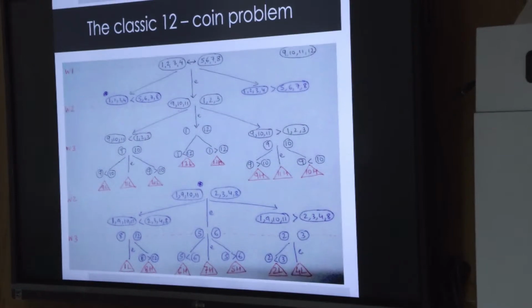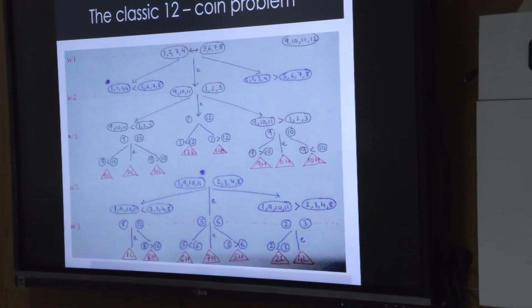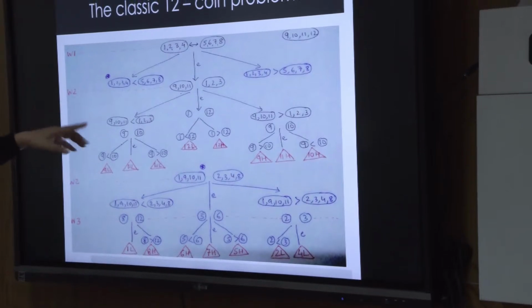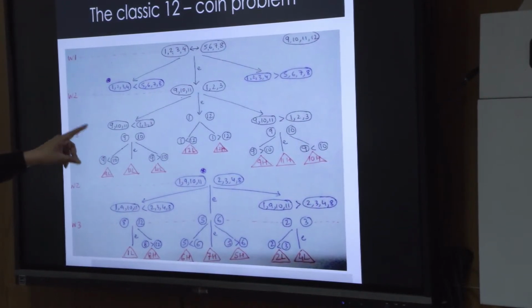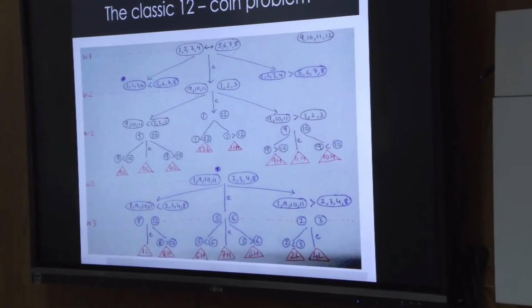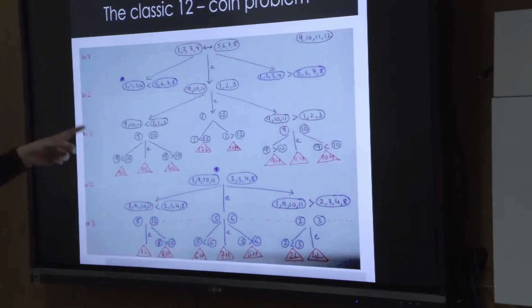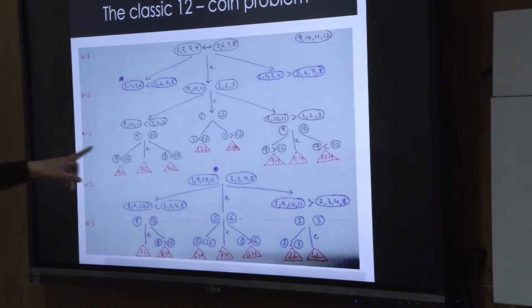So for example, suppose I know that the faulty coin is among 9, 10, 11, 12. So I take 9, 10, 11 and I take, let's say, any of these 1, 2, 3. If they are equal, then what does it mean? The faulty coin has to be 12. But is it heavier or lighter? So it has to be compared with the good coin to see whether it's heavier or lighter. So they are more complex cases, but now we can see the red triangles indicate that we've been able to identify whether the coin is heavier or lighter.